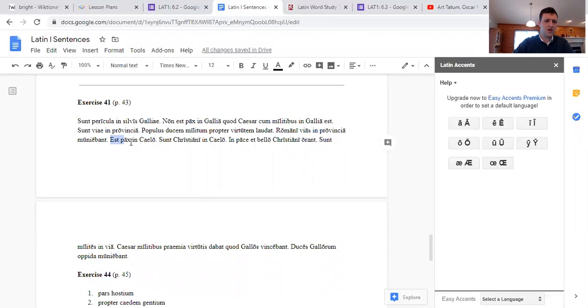Okay, quick note, all these uses of the verb to be we keep getting are called existential, remember? So we're not saying something like peace is good, that's copulative, or a linking verb. These are existential uses of the verb to be. So we're just saying peace exists in heaven. Similar syntax here. So now we have third plural to be. So there are. Christiani can be our third plural, or pardon me, nominative plural subject. There are Christians in caelo, in heaven.